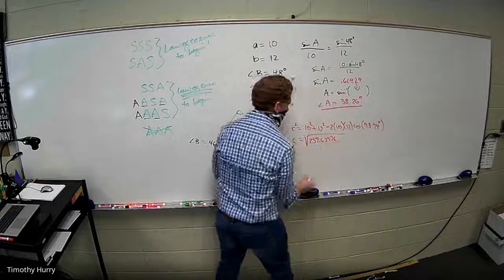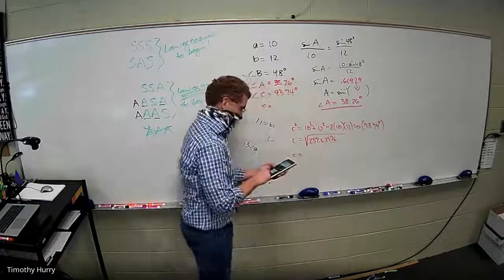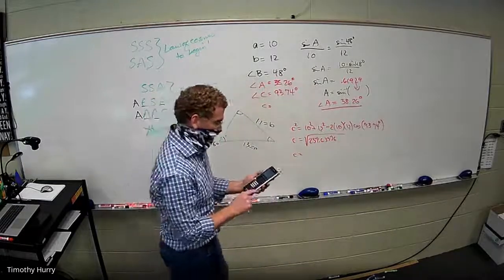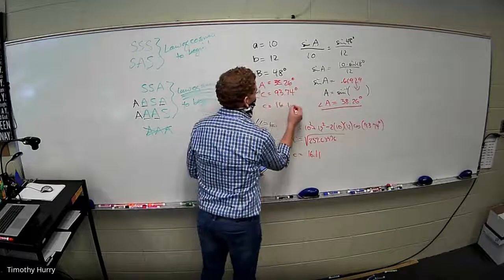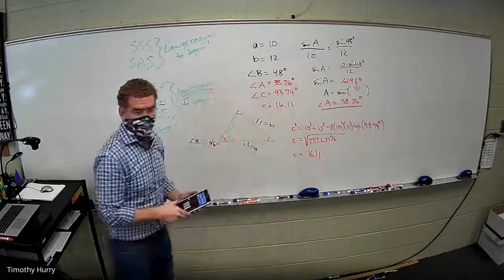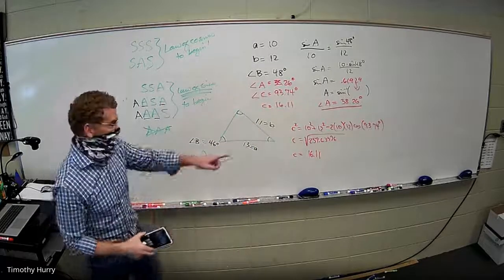259.63776, yada, yada, yada. I square root that. So square root the answer, and I get 16.11. And this is if I'm rounding everything to the hundredths. But if you don't like